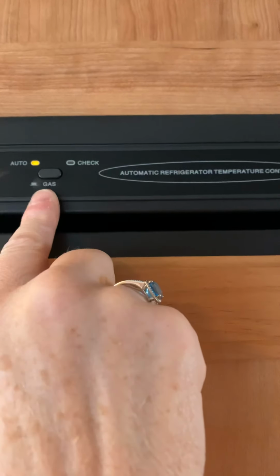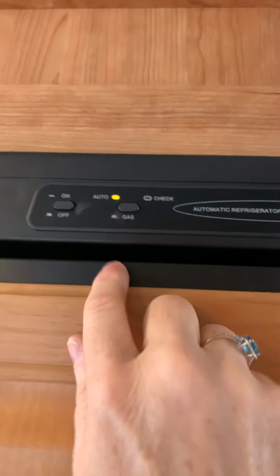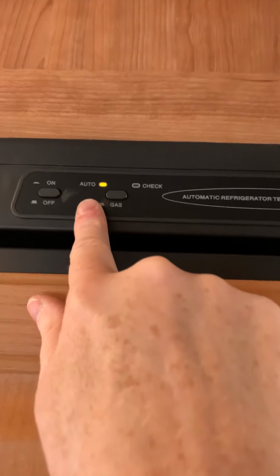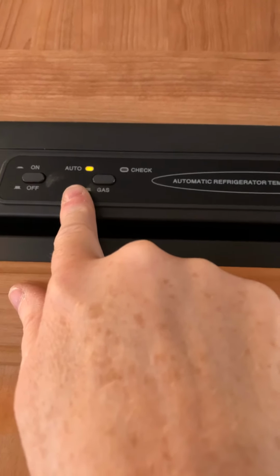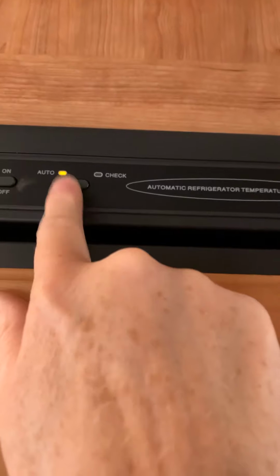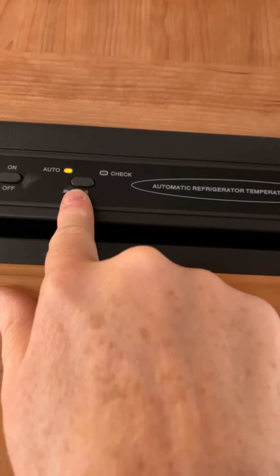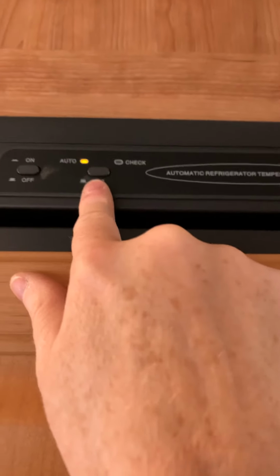This is a two-way fridge, actually propane or electric, and it has an automatic setting. The on-off button is here. If you leave it on automatic, the fridge will seek for the most efficient source. So if you are running down the road, it's gonna run the propane side of things to keep the refrigerator cold. When you plug in at a campground, it's automatically gonna shut the propane down and switch to the electric